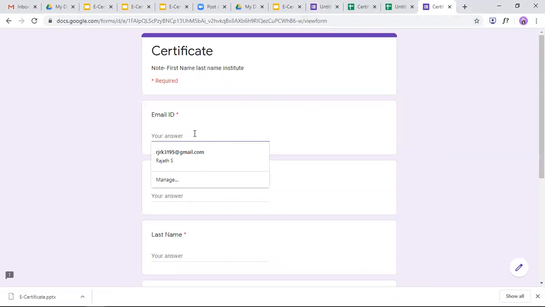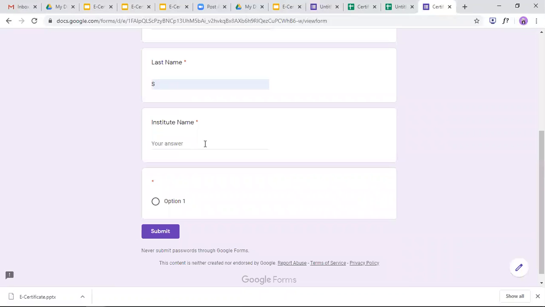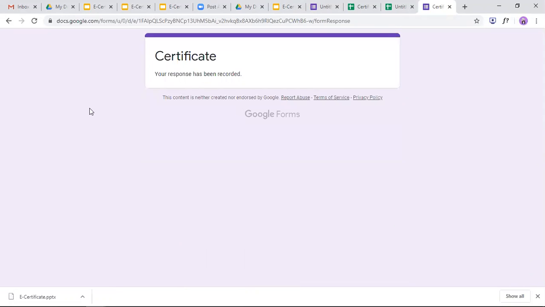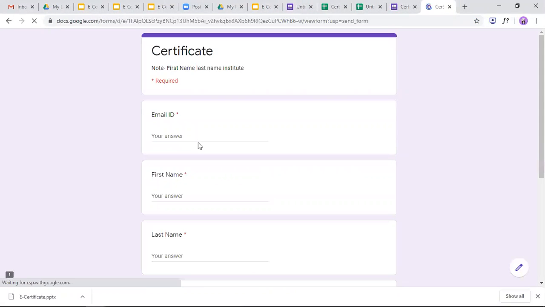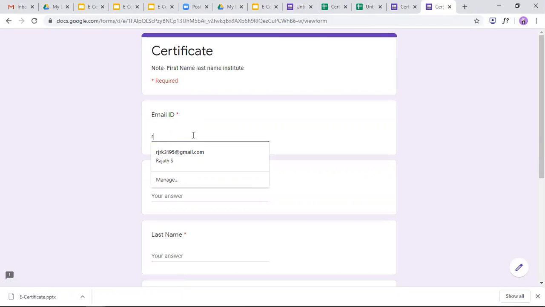So use this. So the response has been recorded. If I use some other email ID, it won't be recorded. I'll just show you that also. Suppose I use